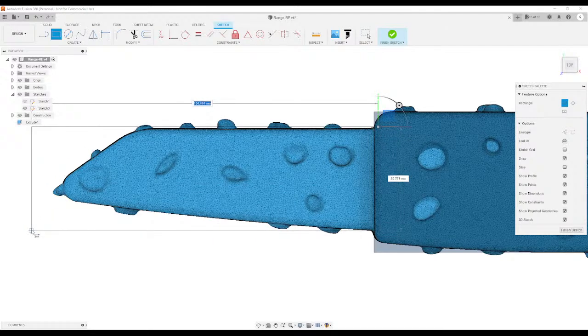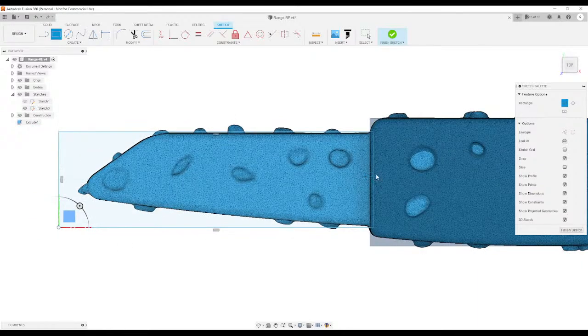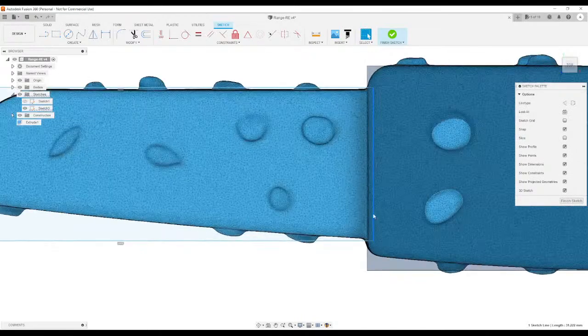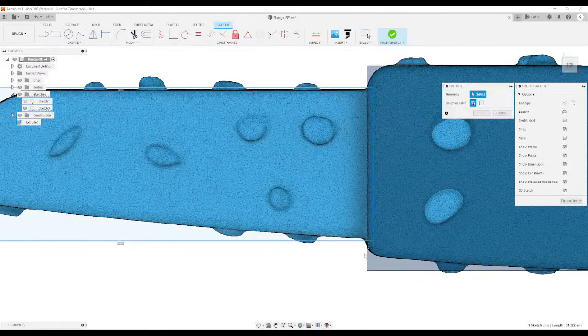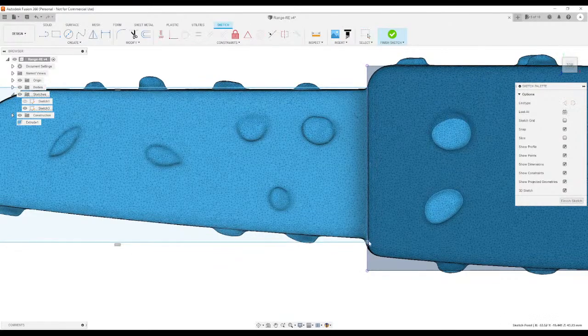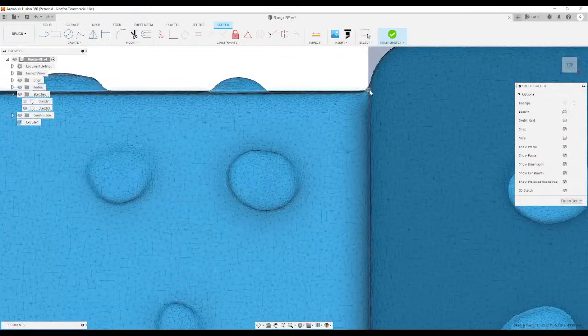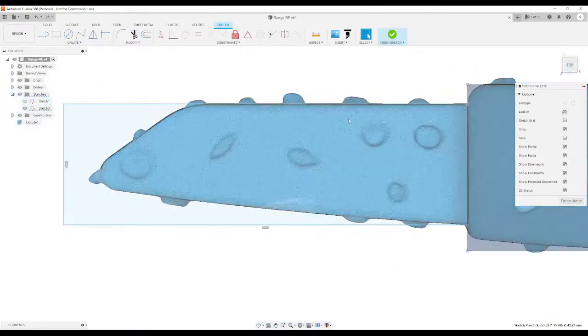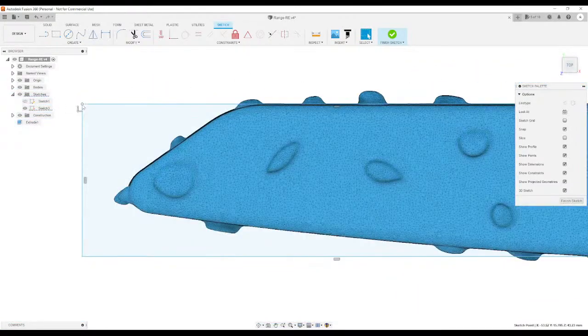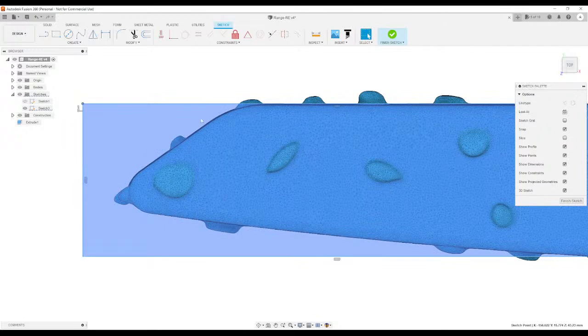So basically what we'll do is we can project this face here as a reference, just drop this into here and just drop that around here. So the idea here is to find, initially what we should do is just try to trace the shape as